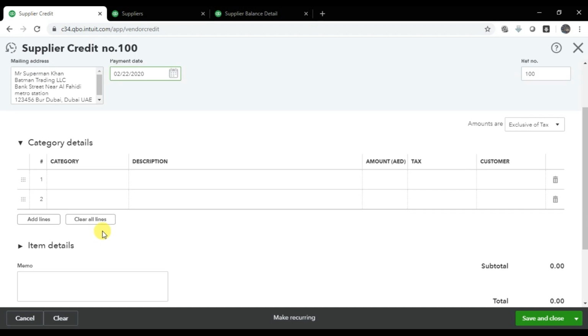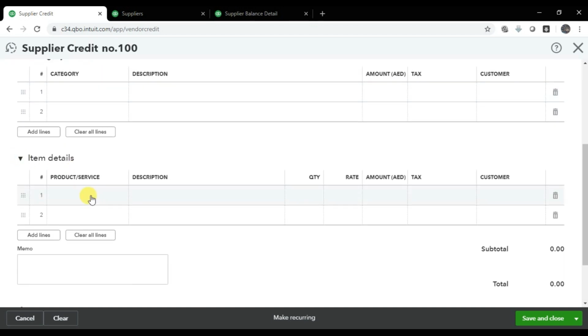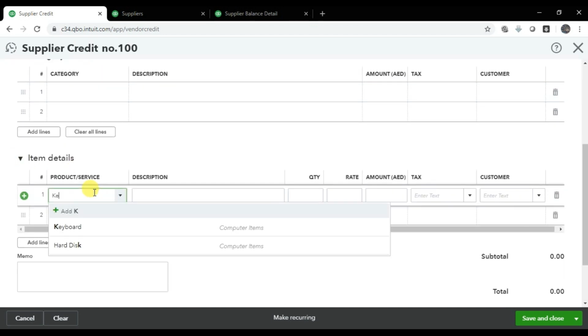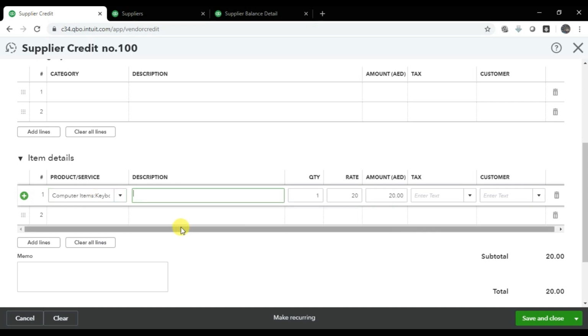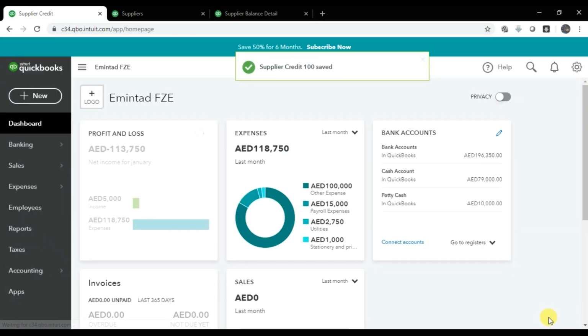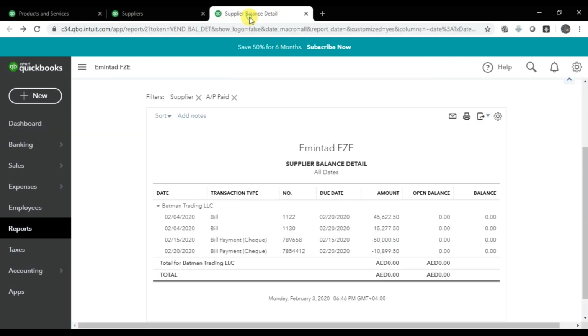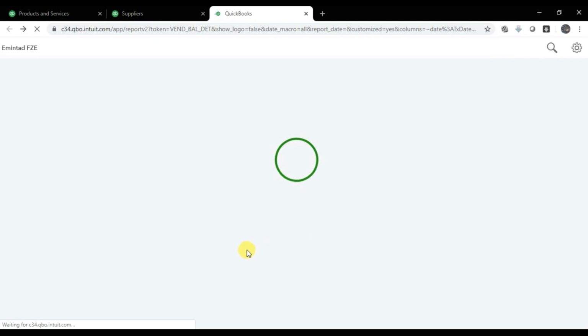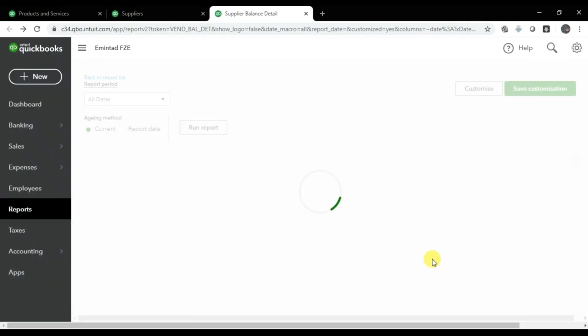And what are we returning? Keyboards. How many pieces? Five. The rate is this, the amount is this, and that is the standard rated tax. And then save it. Okay, and if you check the supplier balance detail and refresh the ledger again, here it will show 105